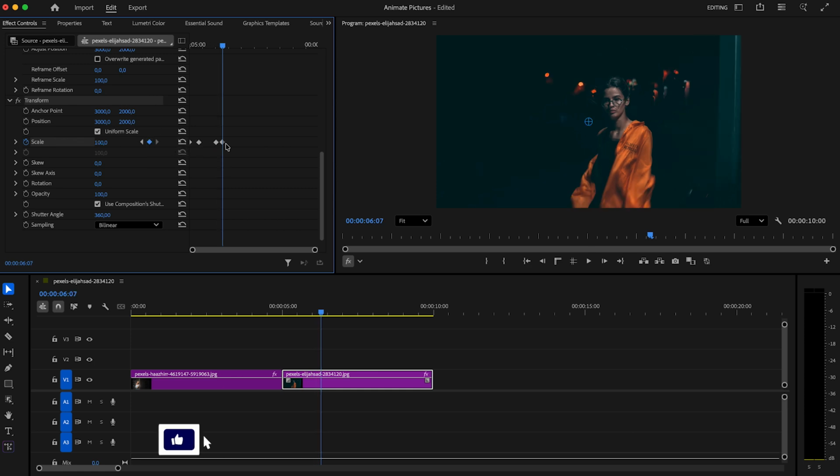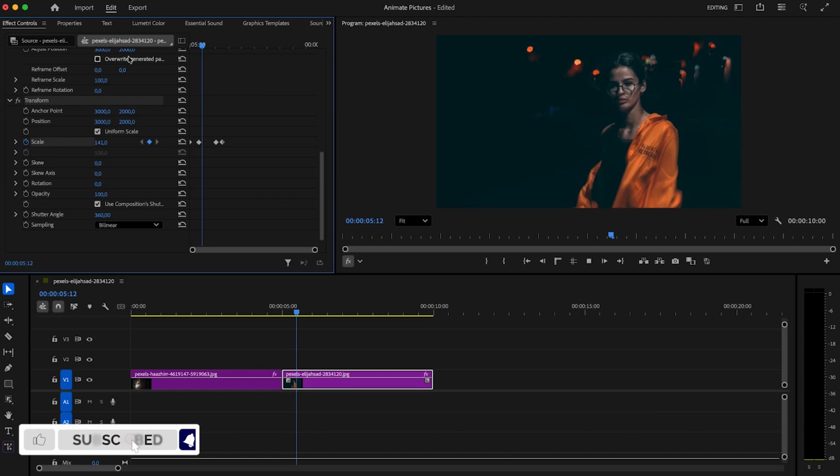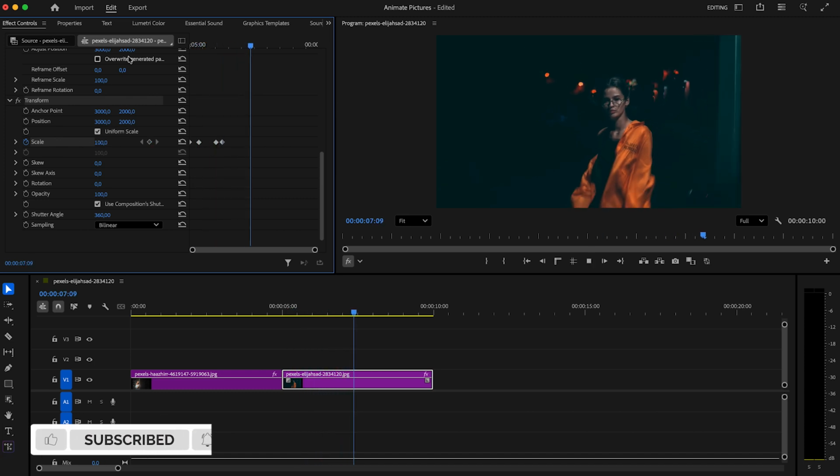out effect. Animating your images is important because it adds movement and keeps your viewer engaged instead of showing static